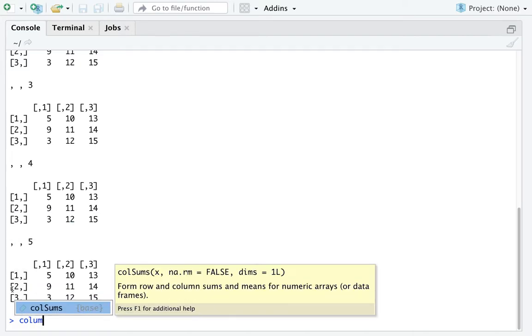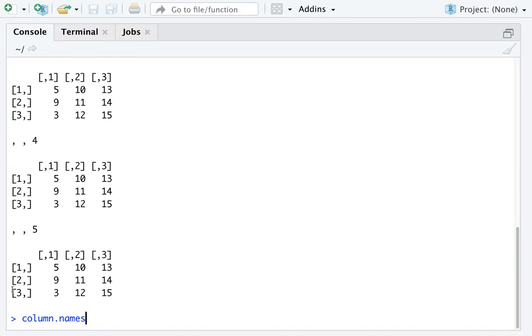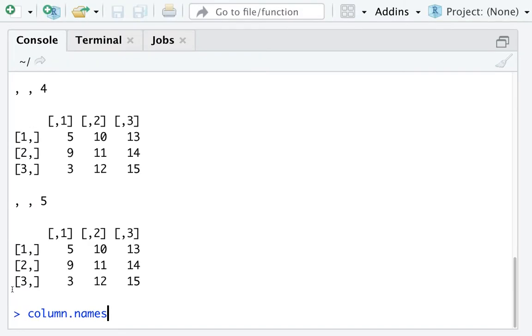Now you guys can see it very clearly, right? Or if you want, I can make it larger for you. You can see it very clearly. So column dot names is C of, let me write it as